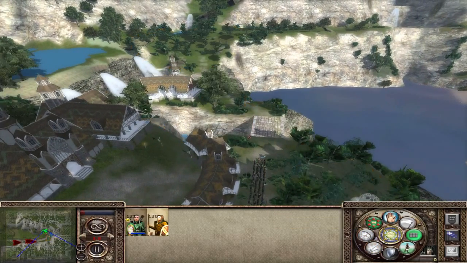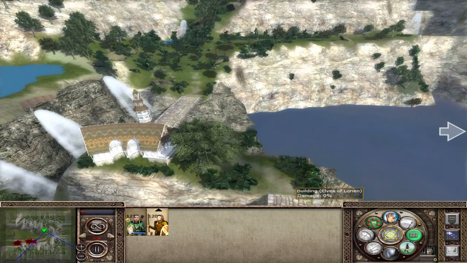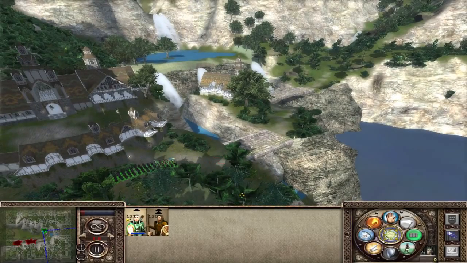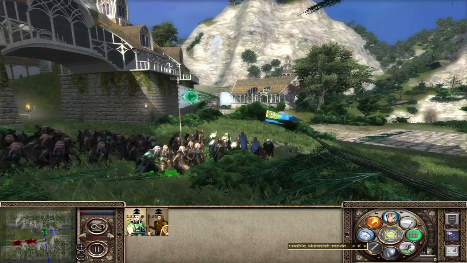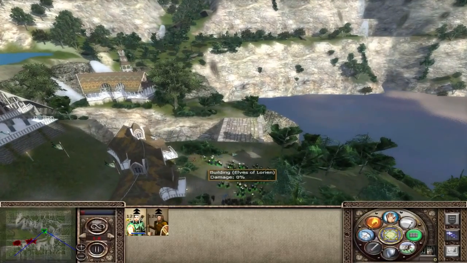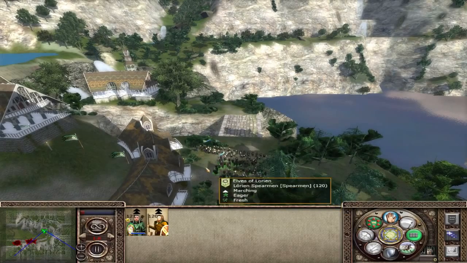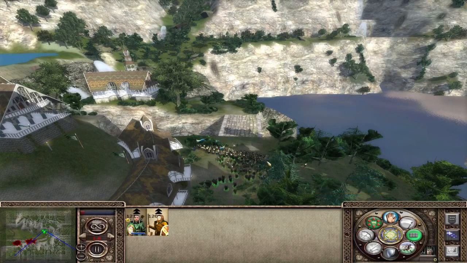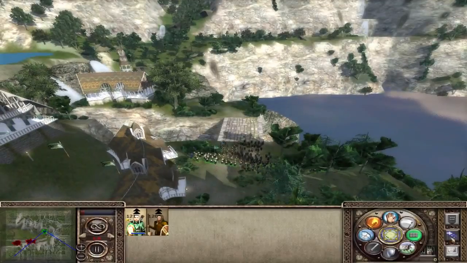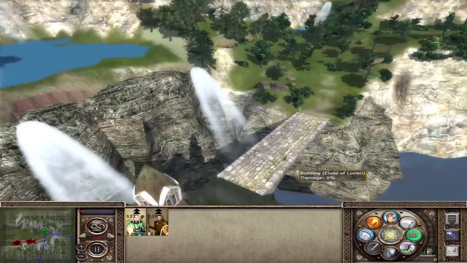We're just going to get this battle started and we'll deploy my men. I'm going to try and deploy them over the other side of the bridge and get my archers, hopefully, to deploy around about here. Okay, that'll do with my archers. But yeah, basically, I have pretty much worked out which